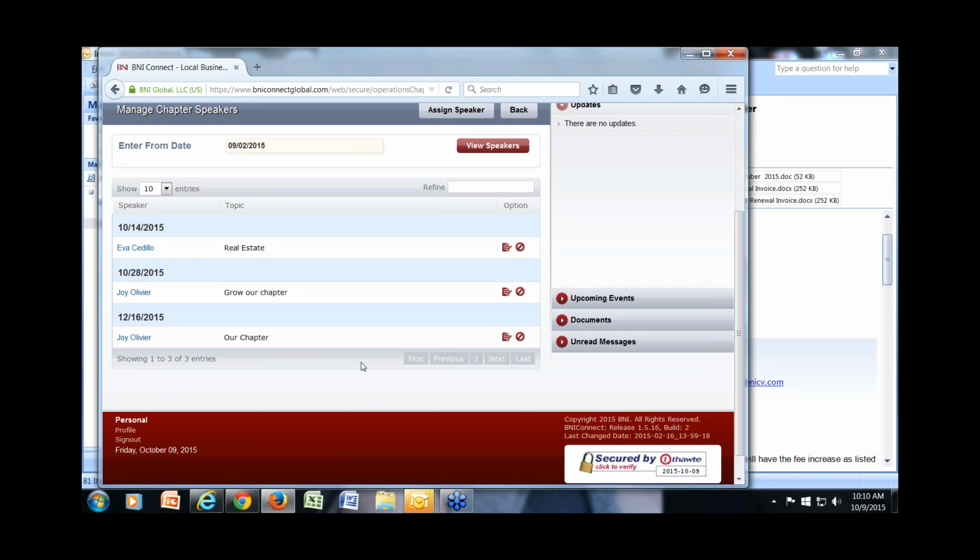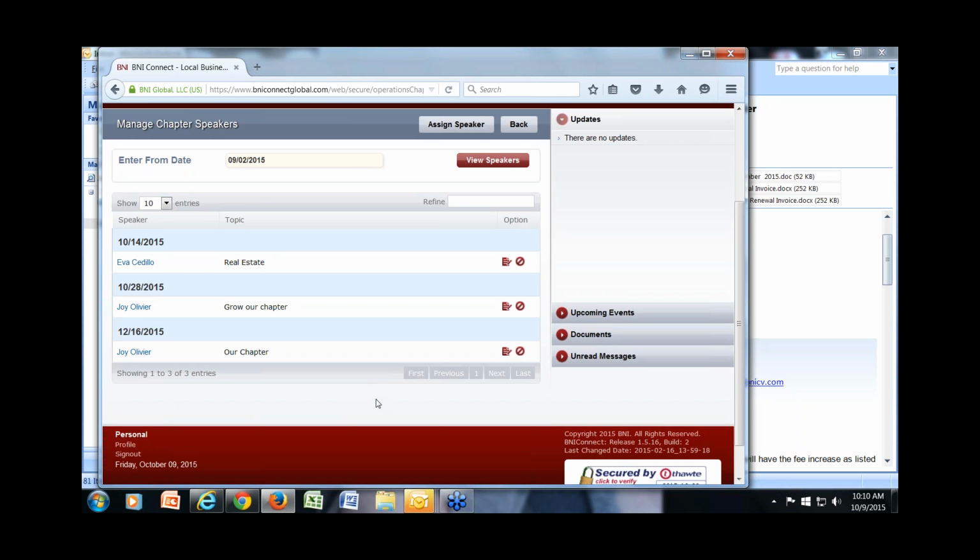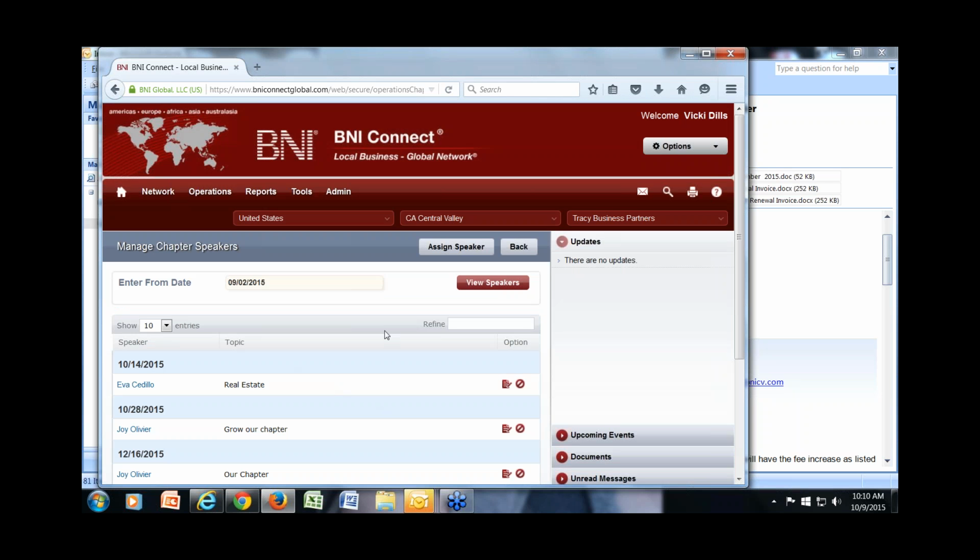Whenever you finish anything, be sure to submit it, because if you don't, you've lost the program and you have to redo it. And in your quick start guide, it is outlined 1, 2, 3 all the way through 9, the steps you take, so it should be pretty easy for you. Do you have any questions on the speaker rotation? You do remember that you do it 6 weeks out so that you can fit in a director to come